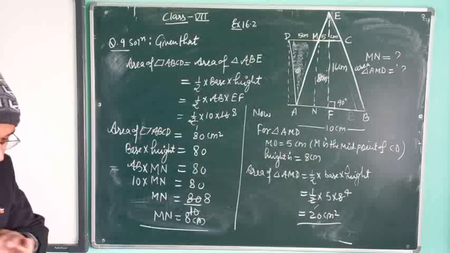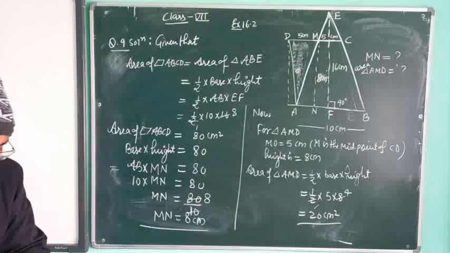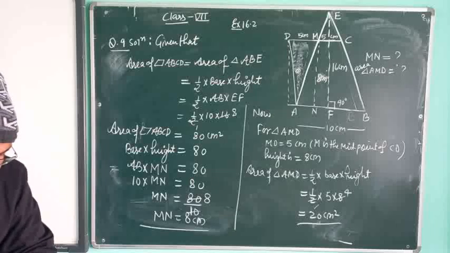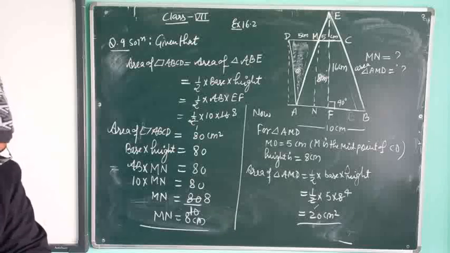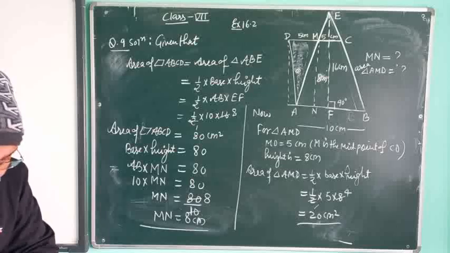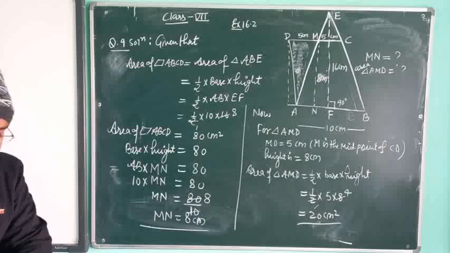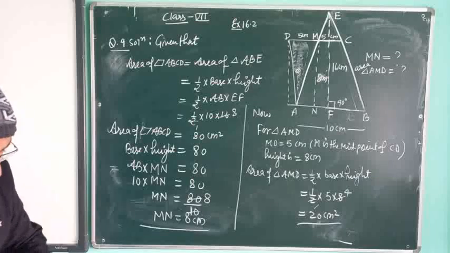Same as it is a question number 10 also. Complete this one. Question number 10. A rectangle is given. ABCD is a rectangle. In that one triangle is given. So first you find out the area of the rectangle, and from that area you can subtract the area of the triangle. You will get the area of the shaded region. I think you can do this one.